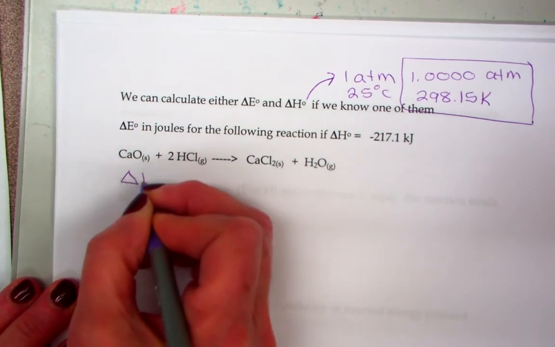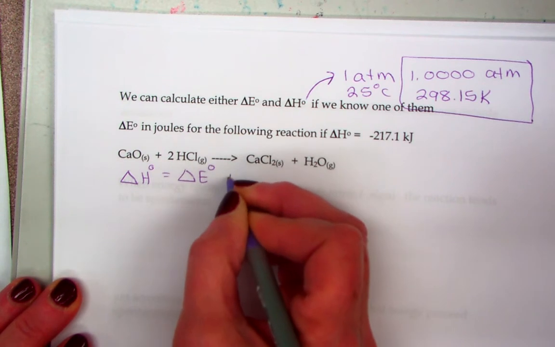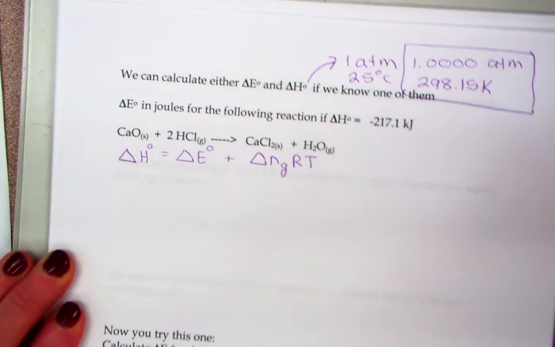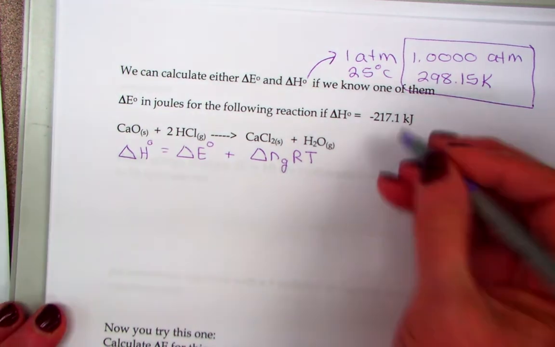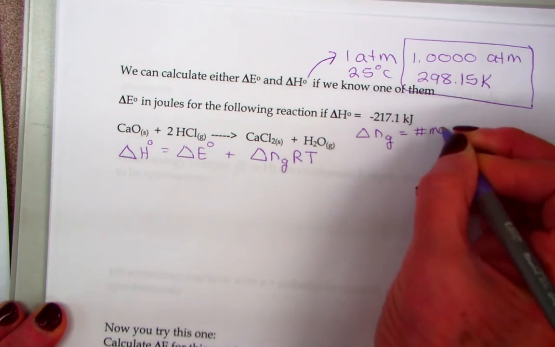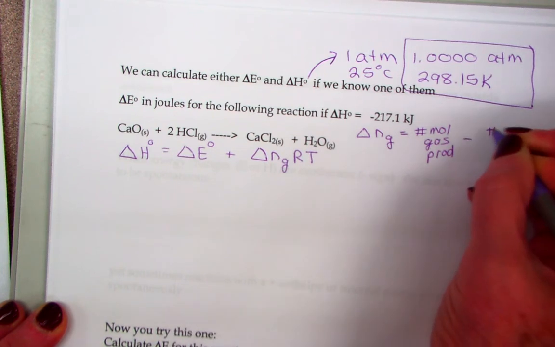So we look at this equation and we say, okay, I have this chemistry going on, and I know that delta H0 is equal to delta E0 plus delta N sub G times RT. Now, what is delta N sub G? Well, N is the number of moles of gas, and so N sub G represents the change in the moles of gas. For us in chemistry, change is always final minus initial. So delta N sub G is equal to the number of moles of gas on the product side minus the number of moles of gas